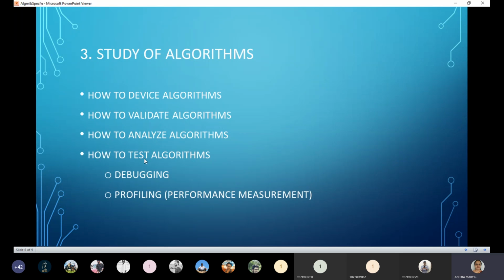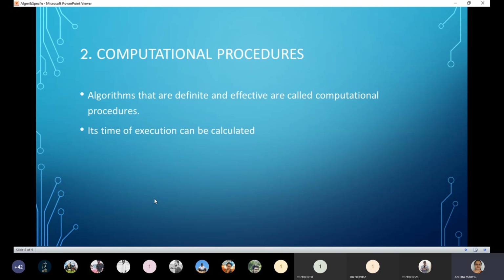Then testing means two things: debugging and profiling. It should be error free. If an error occurs, we correct it. That is debugging. Profiling means the performance measurement of time and space complexities. So this is about the study of algorithms.